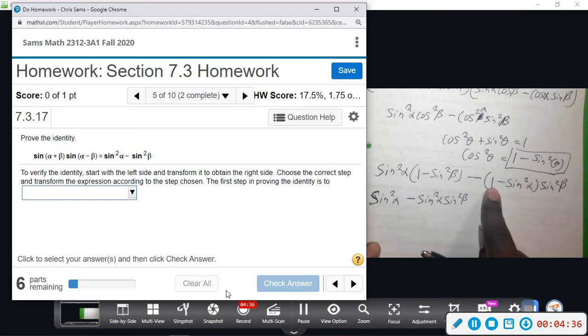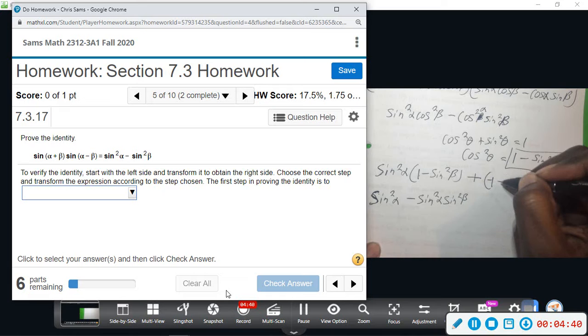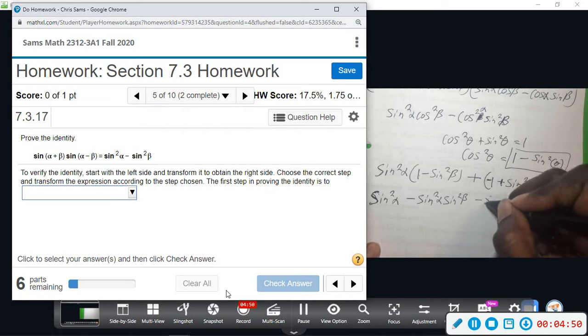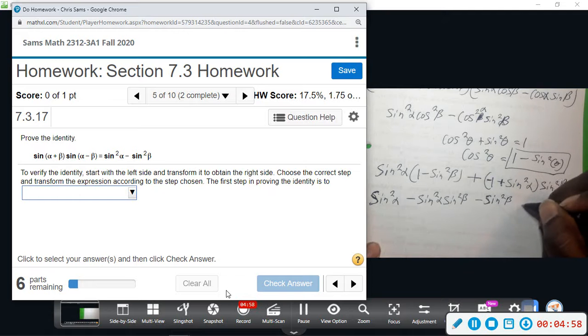Now this negative 1 is just going to change the signs of these. So this is going to be negative and that's going to be a positive. So that'll fix that. So when I multiply sine squared beta times negative 1, minus sine squared beta, and then times here we get